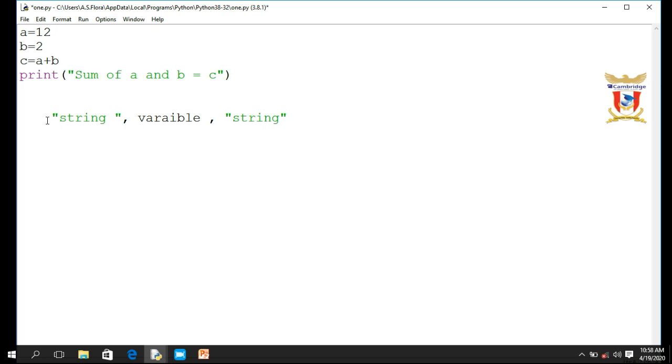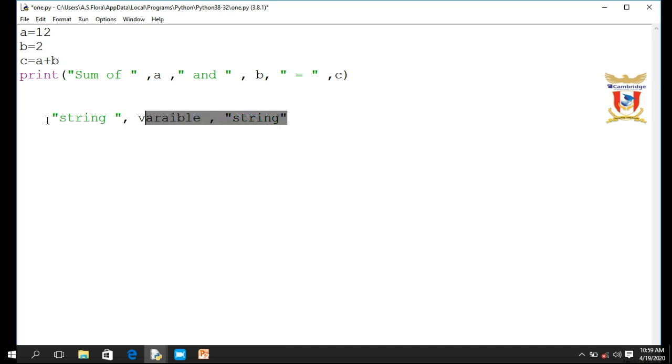First of all, we have to close the double quotes here, then a comma. After "and" should be inside double quotes, so place a comma here and double quotes. After "and" message we have to print the value of b, that means b, and again the equal symbol, we also want to print the equal symbol as it is, then equal, then comma, and remove this equal.